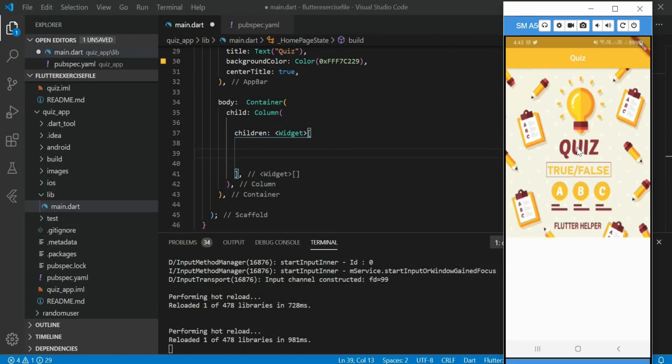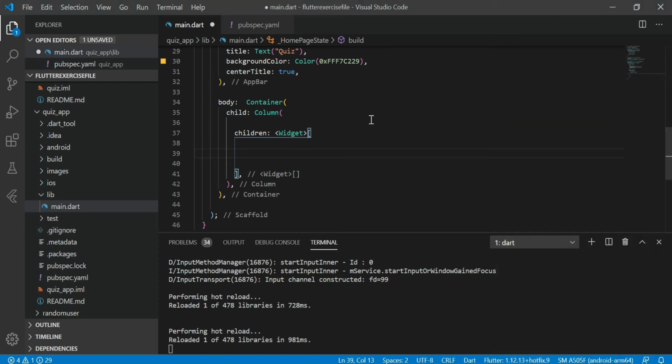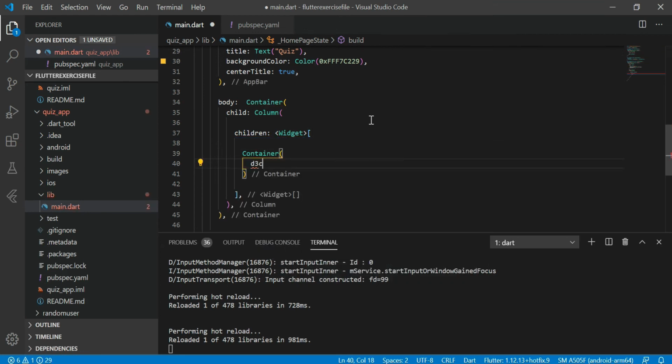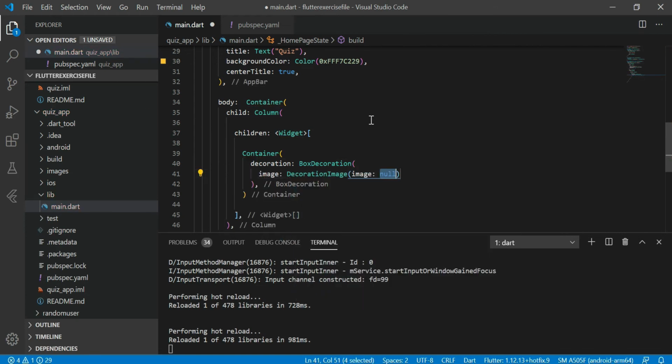Now it's good, but the thing is, this is not a good way to implement images in your app. The better way of implementing image is to always wrap your image inside a container. Why am I using container? Because when you are making a responsive UI, container helps you a lot in maintaining the proper height and width of your image. And this is how we are going to use images inside container.